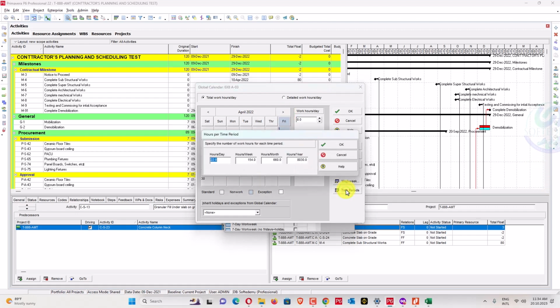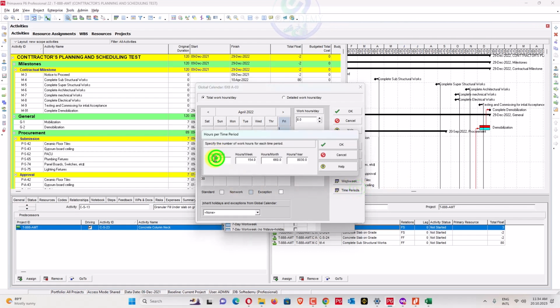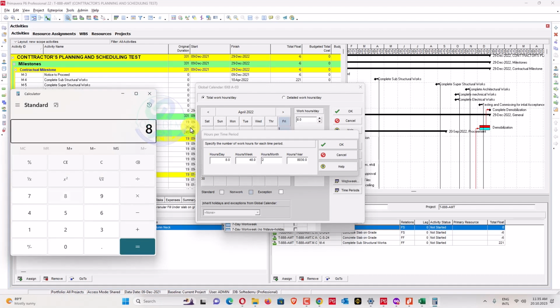Also, there is a big mess in your schedule. Why is this creating a big mess? Because your hours per day was 22. That was a completely big mess which we are dealing with. Time period, go here, change time period to 8. For a week we have to change that to 48. For a month we'll go for 26 into 8. Calculator for month, 8 into 26, 208.